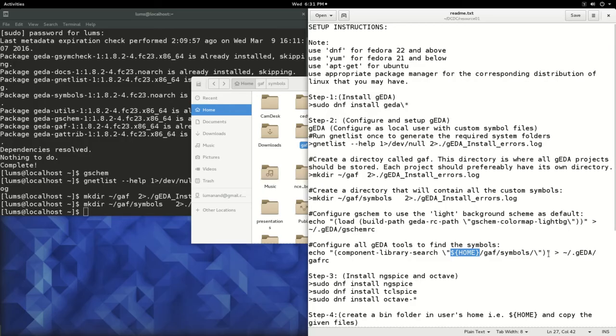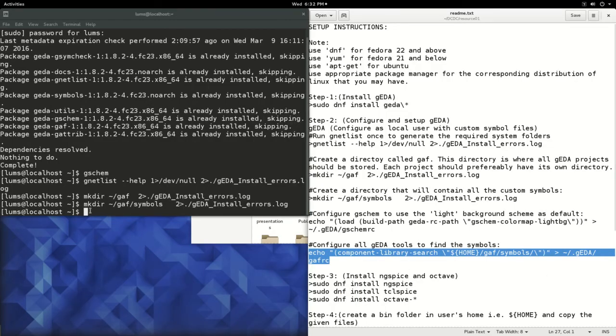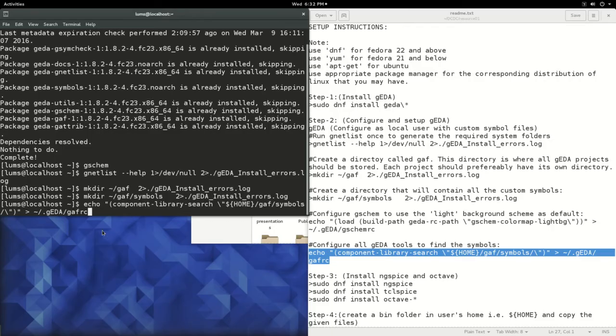And this is pushed into a file which is residing in .gEDA and into a GAFRC file. If GAFRC is not there, it will get created. So this is your own custom GAFRC file. It will search for there, and then see this, and then set the path, environment path. So we can have this copied and paste it here